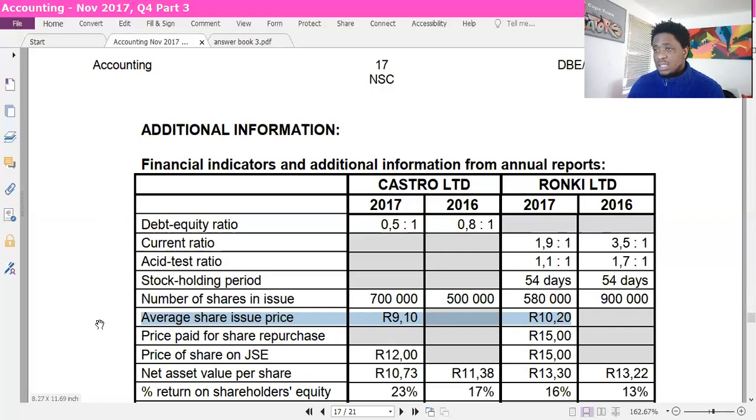My argument in this case, I felt that they did pretty well by paying 15 Rand. It entices shareholders to sell because shareholders have to agree to the buyback. So the company cannot just request to buy back shares. The shareholder also has to agree. So in order for shareholders to agree, you have to offer them a good price that they will be willing to agree to. And I thought that it was a fair price because this is also the price that